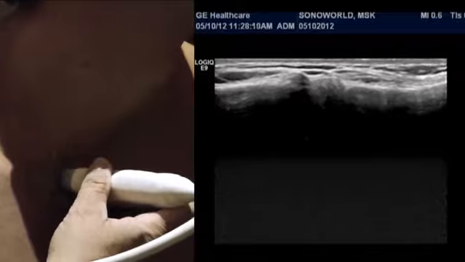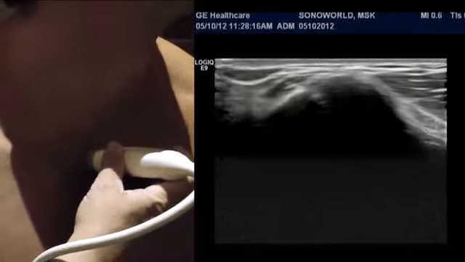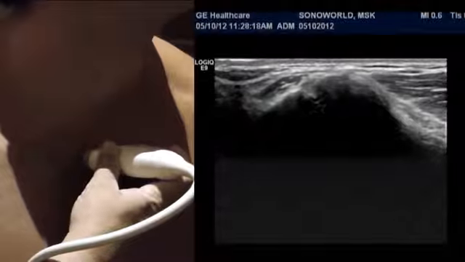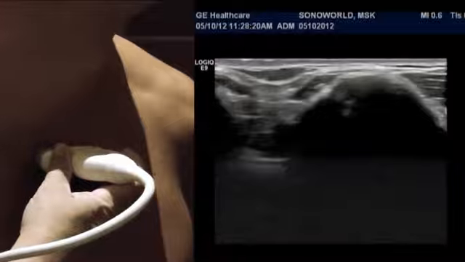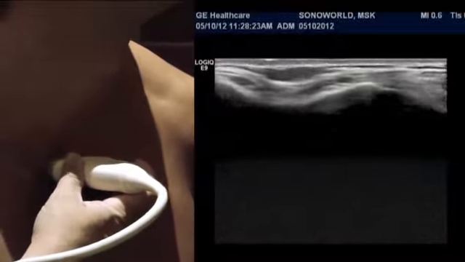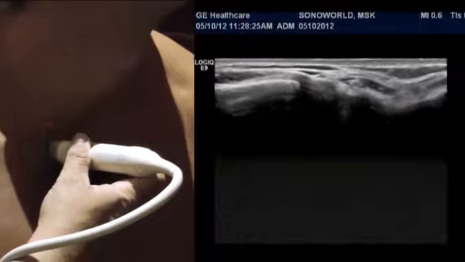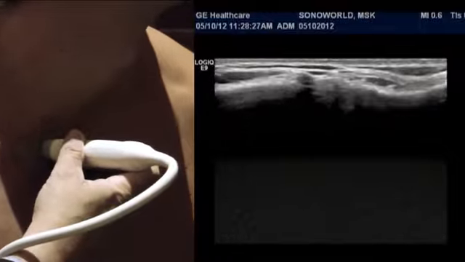This is the right sternoclavicular joint, and you can always compare it to the left sternoclavicular joint. Here you can see part of the clavicle, the manubrial notch. We're going to explore the right side now,